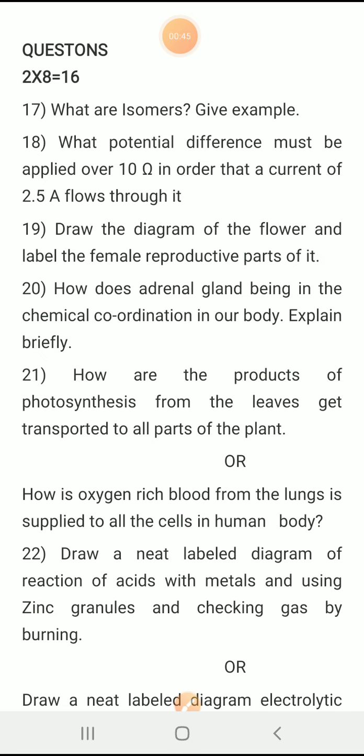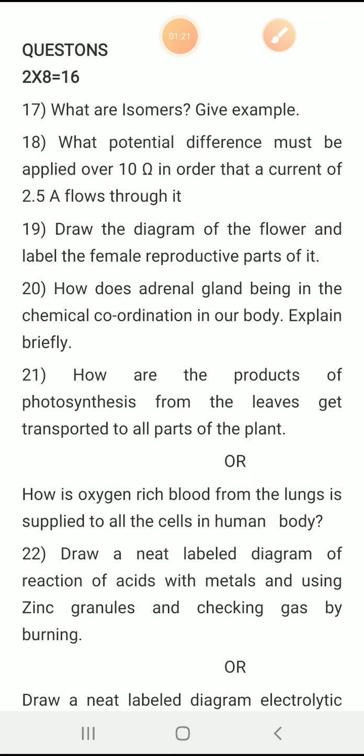So the next question is, what potential difference must be applied over 10 ohm in order that a current of 2.5 ampere flows through it, right? So in order to solve that,